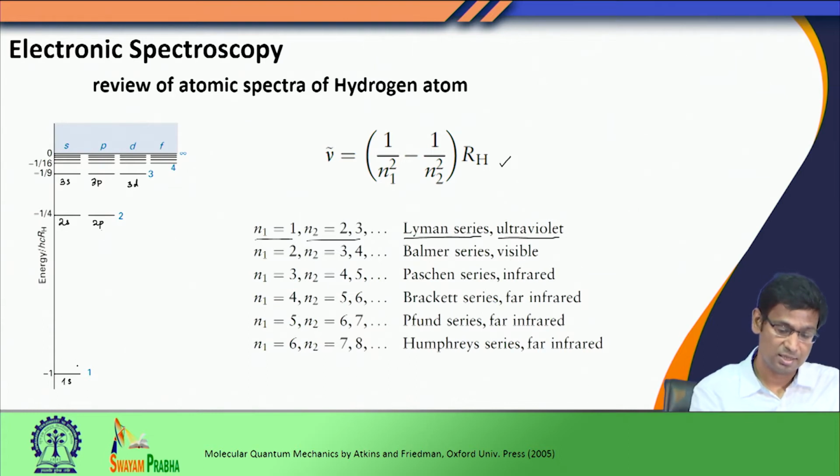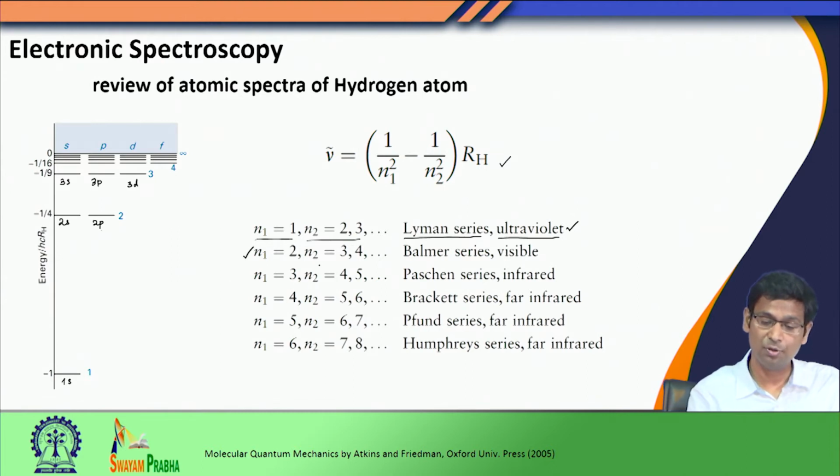As you can see, there is a huge gap between the energy level of n equals 1 and the rest of the energy levels. So, it requires more energy. Therefore, it happens in the ultraviolet. When we do see emission, ultraviolet radiation gets emitted. If we consider absorption, we must provide ultraviolet radiation to undergo the transition from n equals 1 to higher values of n. Coming to N1 equals 2,